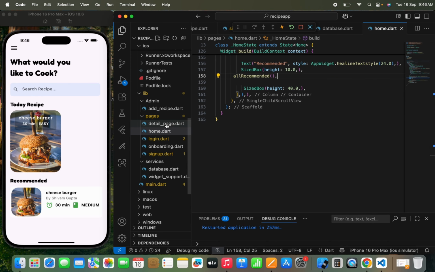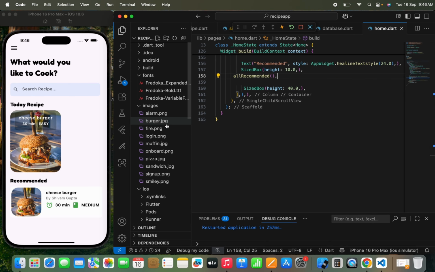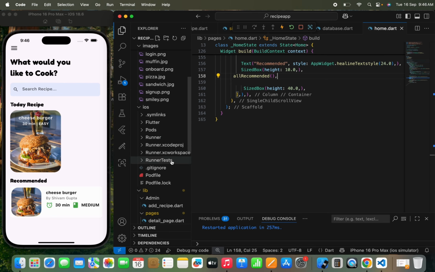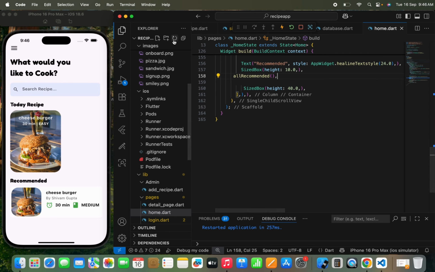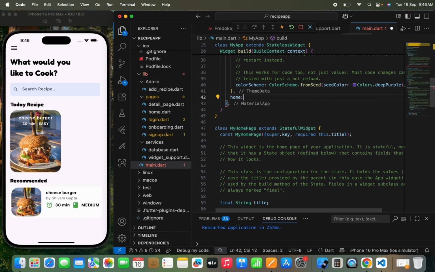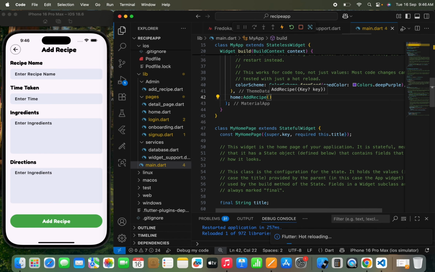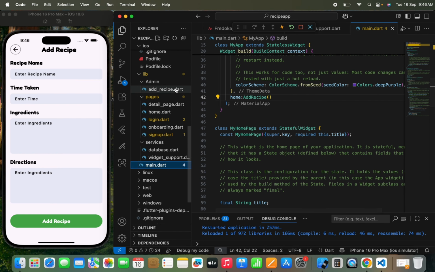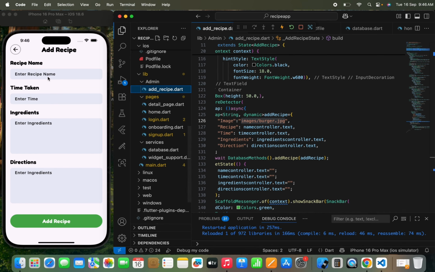Now let's do one thing. Let's add another recipe. Let's move to the add recipe section. You can add as many recipes as you want, it's up to your choice, but I'm just showing you how we can manage this. So I just need to write cheese pizza. Time taken will be up to 40 minutes. Ingredients, we need